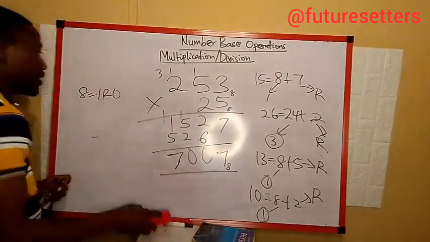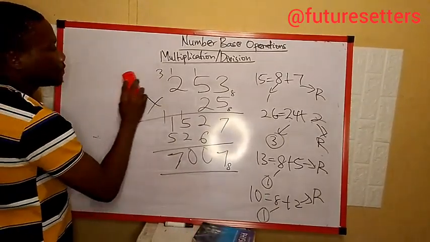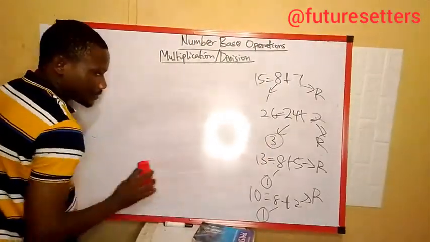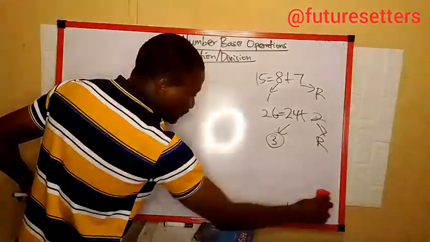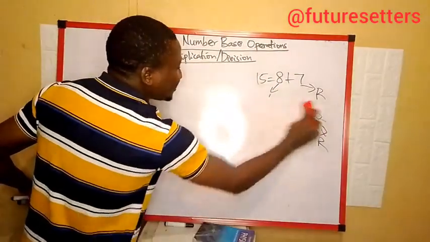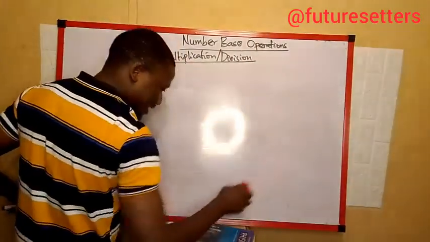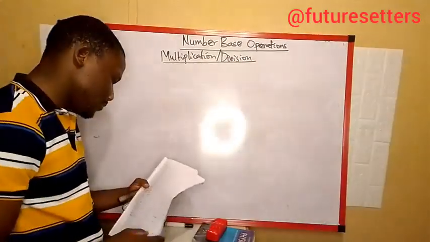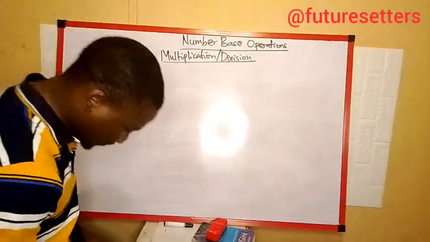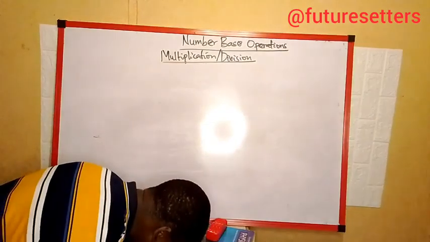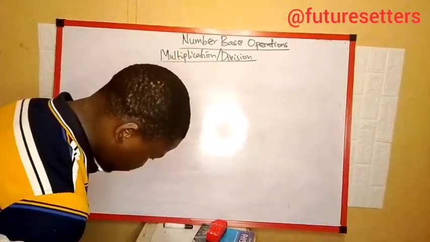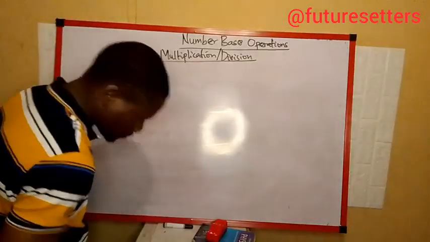Then we have the final part, which is going to be division. Now, this is where the work starts. In division, you have to think critically. If you don't think critically, you make a lot of mistakes. So the question we have is